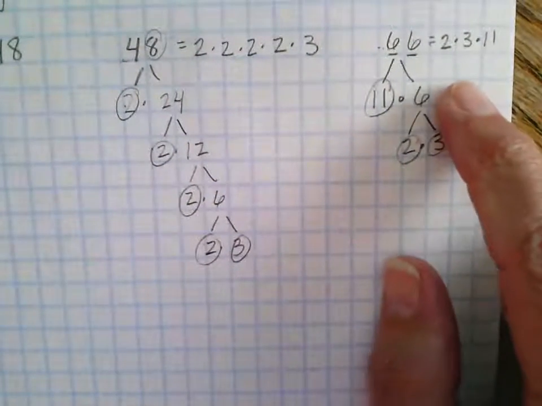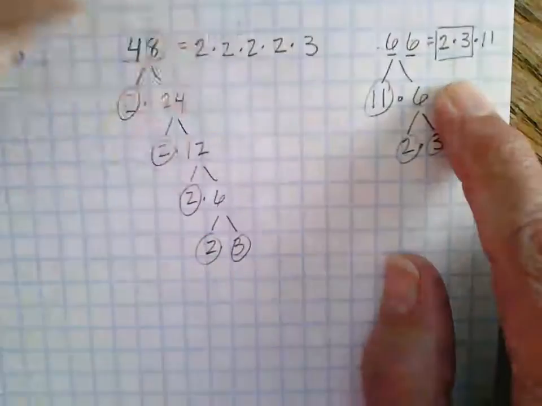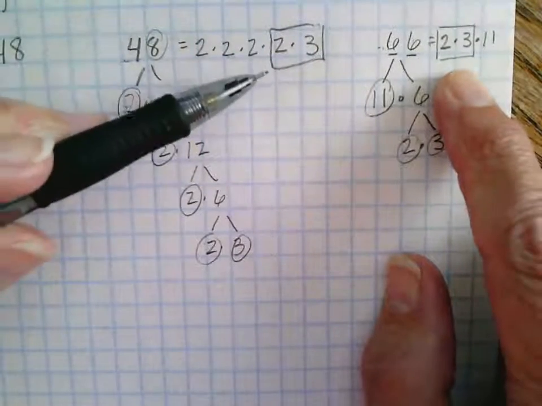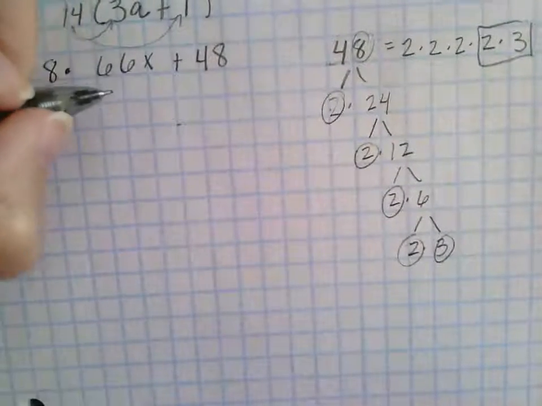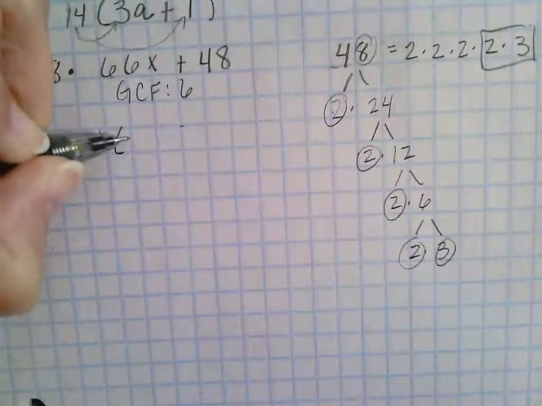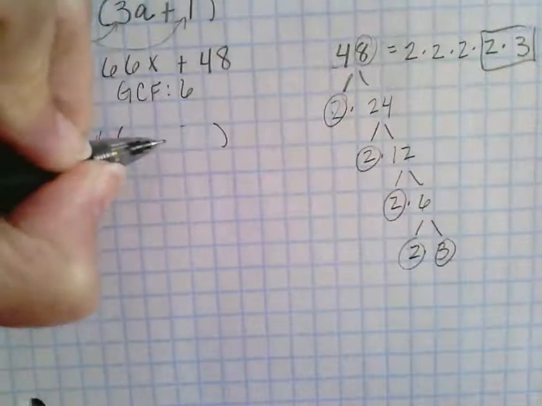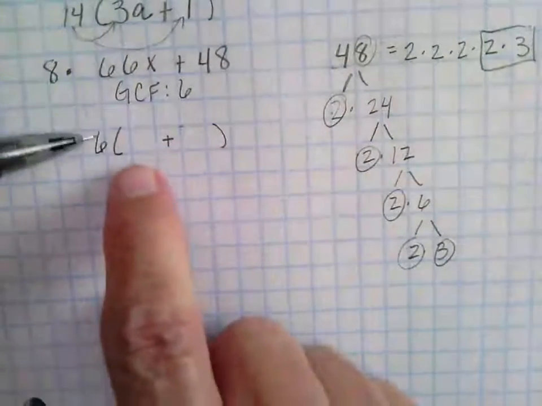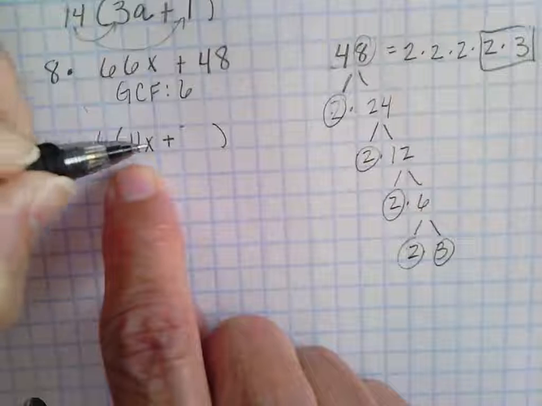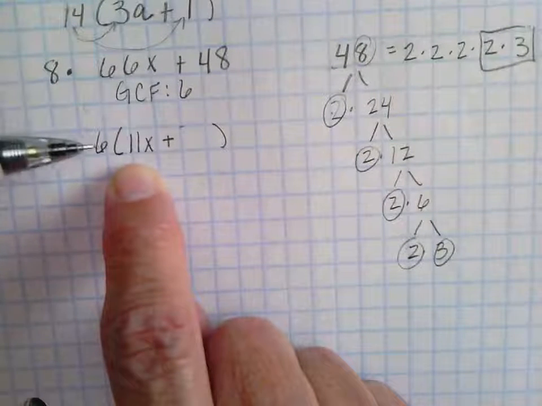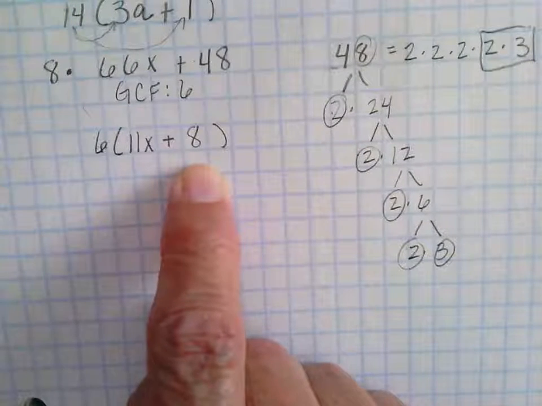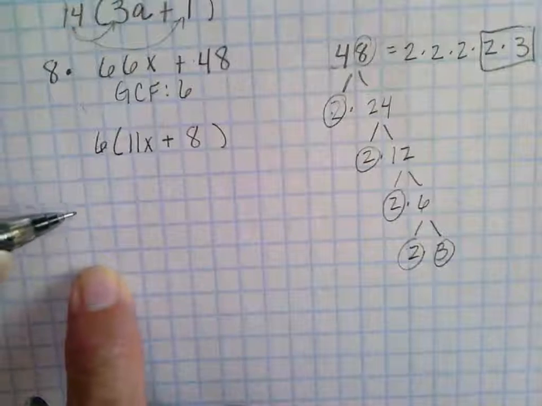And when I compare these, I can see that I have a 2 times 3 here, and I have a 2 times 3 there. So my greatest common factor for these is 6. So 6 times the quantity, this is going to be 11x, because 6 times 11x gives me 66x, and 6 times what gives me 48? That is 8. Number 9,